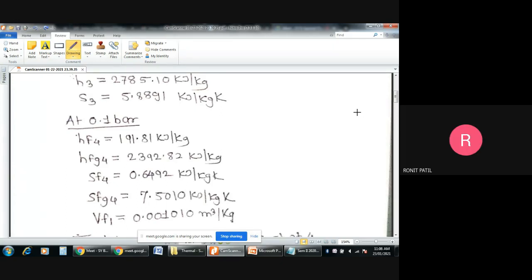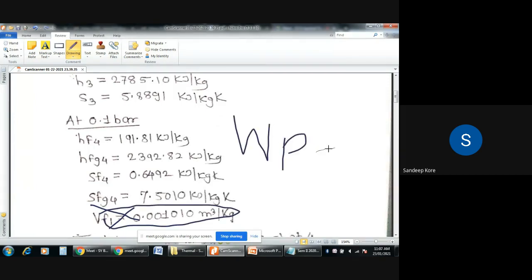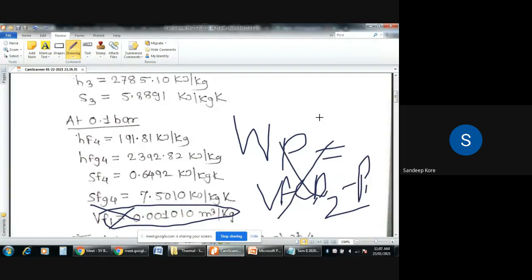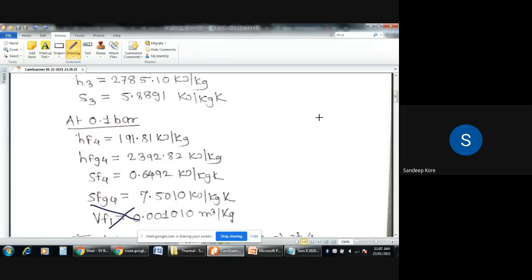Sir, one doubt is there. Yeah, Ram. Sir, why is VF1 volume required in the calculation? Right now it is not, because turbine work and QS are calculated with heat itself, no? Yes, your doubt is correct. It is not required in our case because we are neglecting the pump work. In calculating the pump work we require VF. It is VF into P2 minus P1, which is the pump work. So we are neglecting it and do not have to consider this. Okay. Yes, sir. Got it.